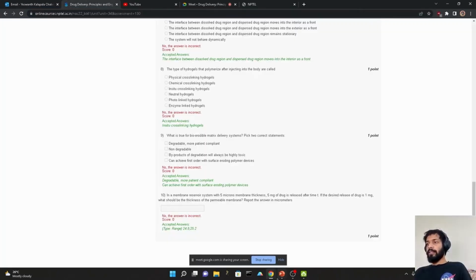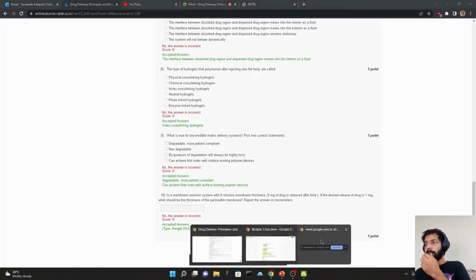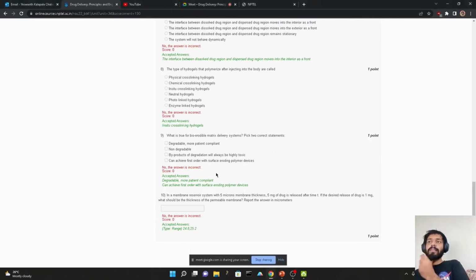Let me check. Let me open the notes also. Sir, actually I have a doubt with the same question only, because in the notes it was written zero order kinetics, but in the answer it was showing first order kinetics. My answer got wrong because I selected the first order one, but in the notes it was written zero order. The same happened with me, sir. I'm raising a query as well.